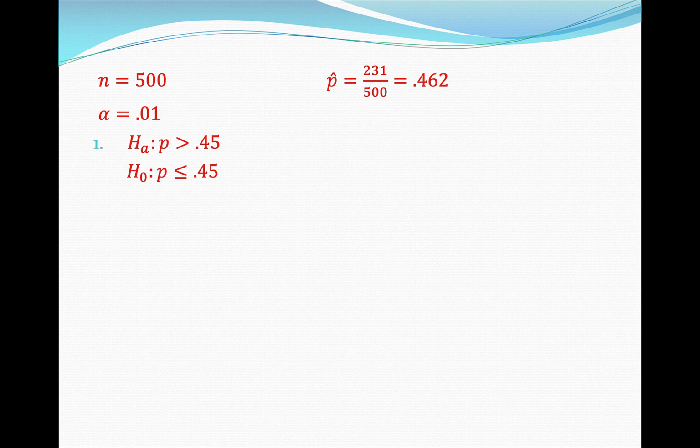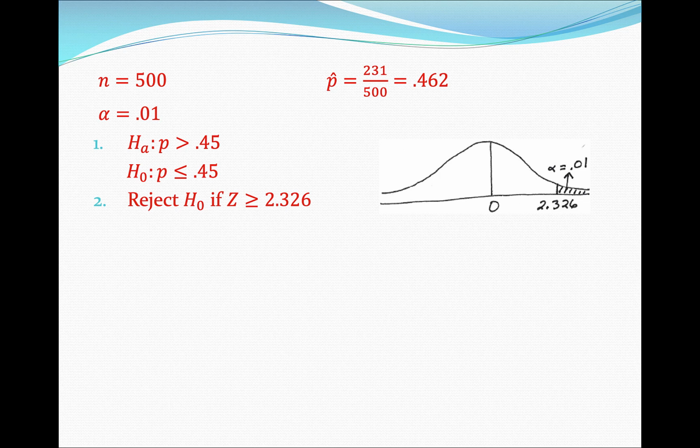So let's go through the rest of the process. We just said that proportions are always standard normal. We're trying to prove greater than, which means the area to the right. We also know that alpha is 0.01, so we shade that area to the right to be 0.01. Again, look at the bottom row of the t-table, that'll give you the z values. If you look up 0.01, bottom row of the t-table, you'll get the z to be 2.326. So that means we're going to reject the null hypothesis if our test statistic is greater than or equal to